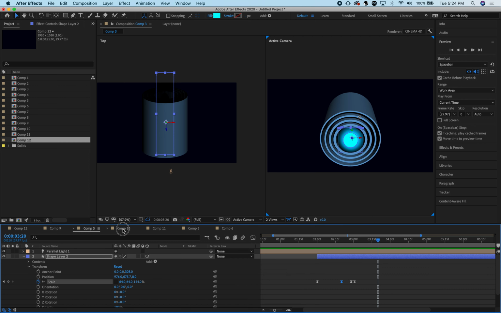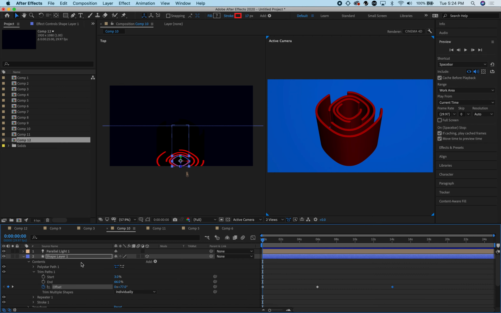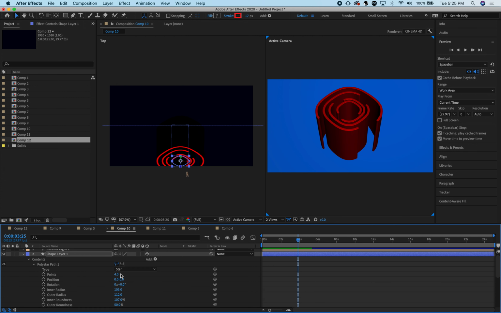Another thing we can do is, here I have a single, I'll play it first. Oh, it's taking forever. There we go. This is a single shape. I generated it through a polystar. For the polystar, I just gave it 4 points instead of 5. Then I used some of the inner roundness and outer roundness to make it look like a puckered